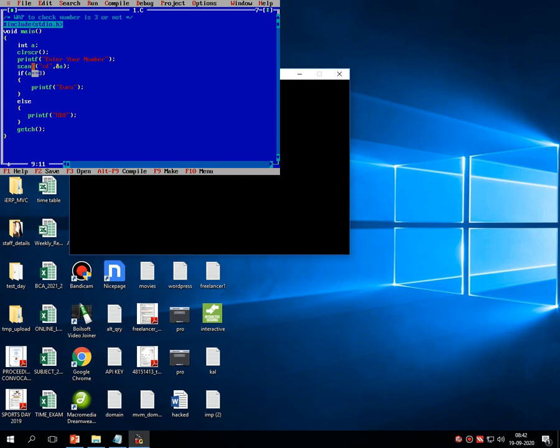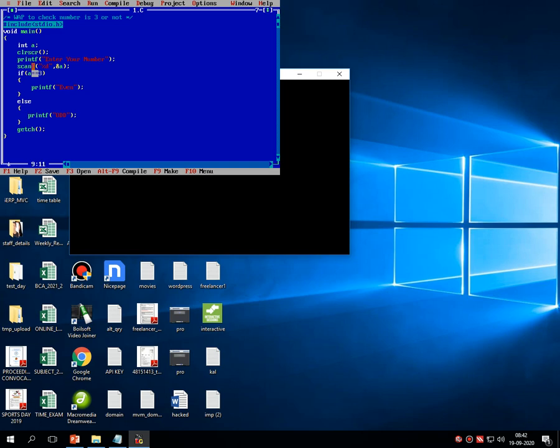In the hierarchy of operators, we have discussed one operator called the comparison operator, where it compares the value of an existing variable with the right hand side fixed value, and that is equals to. That means it compares the value of a, whatever is entered by the user, with 3.